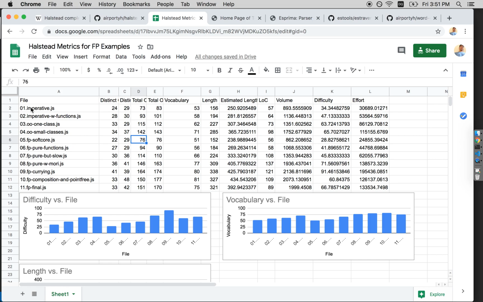So we had examples from 1 to 11, and I graphed the difficulty of each file from version 1 to 11. Versions 1 and 2 are actually imperative style programs, and versions 3 and 4 are object-oriented styles, and then the rest of the programs from version 5 to 11 are all functional programming styles, because this blog post centers on functional programming. So all of these are functional programming styles. These two are object-oriented style. These two